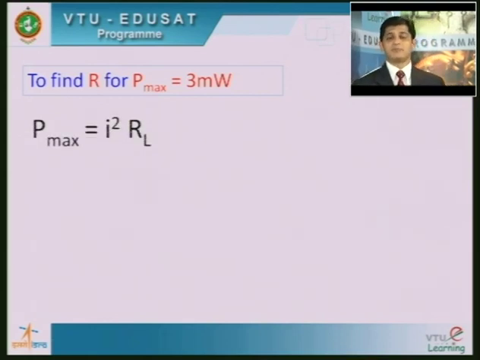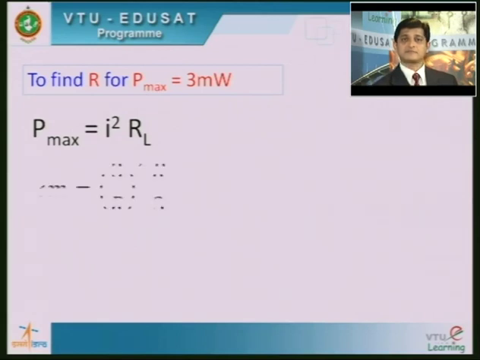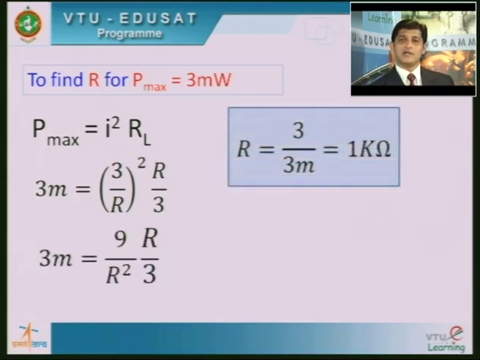You all know the maximum power can be expressed as I squared RL. Since this is a DC circuit, we just have I. Otherwise, in AC circuits, we consider the magnitude of I and then square. But in DC circuits, it's just I squared, and that would suffice. Understand? Now, I is 3 by R, squared, into RL, which is R by 3, and P max is 3 milliwatts, and if you work it out, you will get R to be 1 kilo